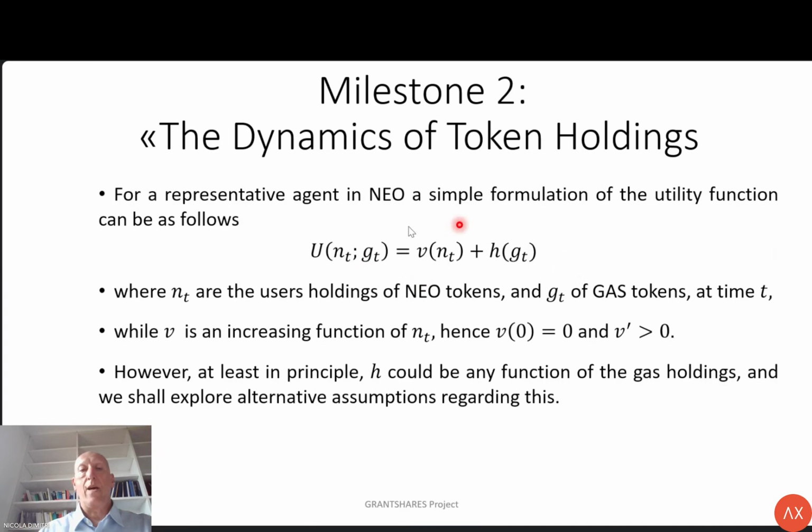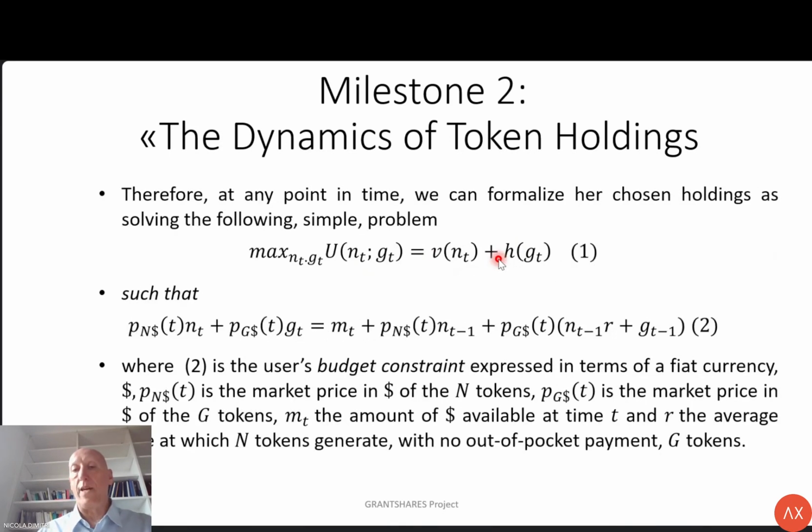It stipulates a utility function which is formalizing the preferences of the average individual for holding N tokens and gas tokens. Small n and small g are the holdings of these two tokens. These are two general functions. I assume that V will be increasing in N, H could be anything, could be increasing or decreasing, and it would be interesting to study different alternatives. And then just to give you a taste of what the model would look like,